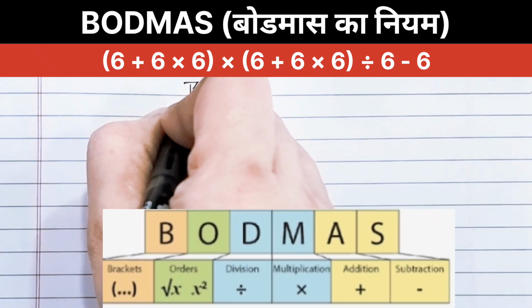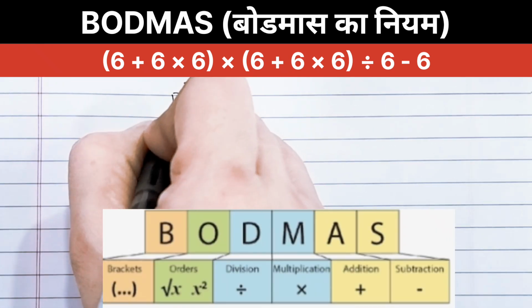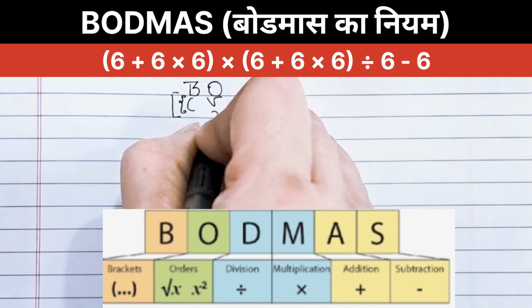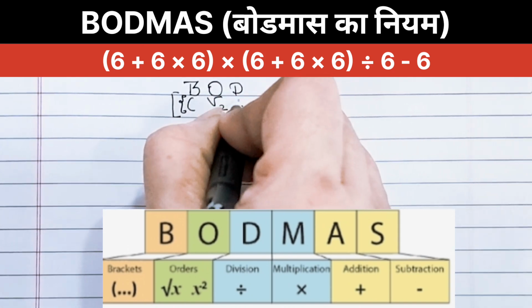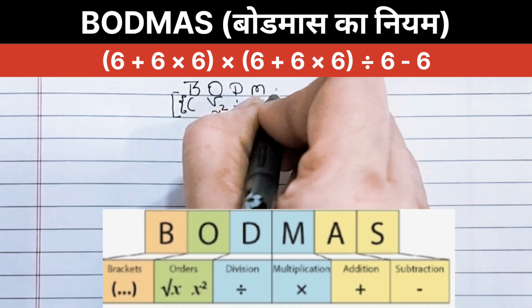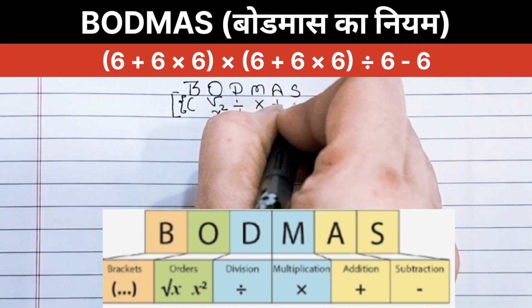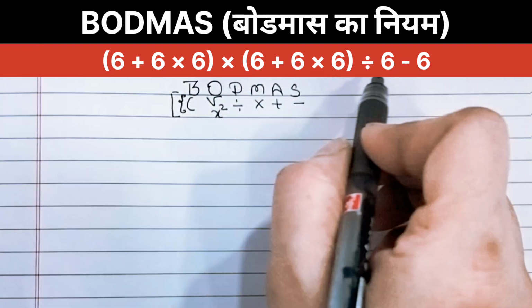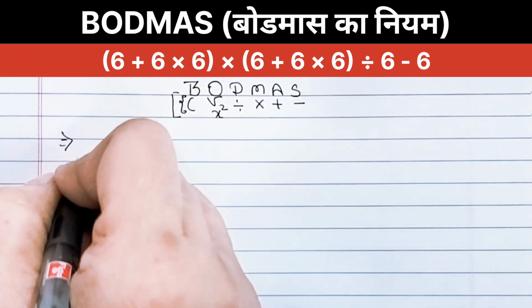Now to solve this expression we use the BODMAS rule, which dictates the order of operations. First, we solve brackets: small bracket, curly bracket, then square bracket. O stands for order, we convert into multiplication, we solve roots and exponents. D stands for division, M stands for multiplication, A stands for addition, S stands for subtraction. According to this BODMAS sequence, we'll break down this expression with a step-by-step solution.